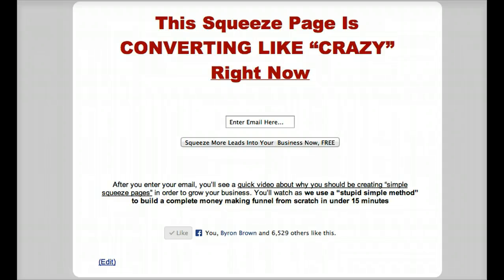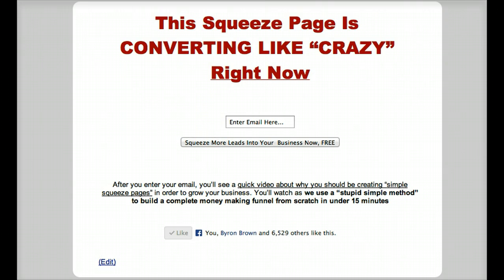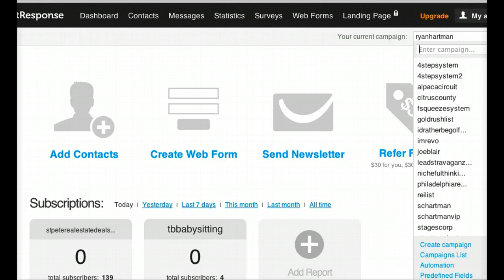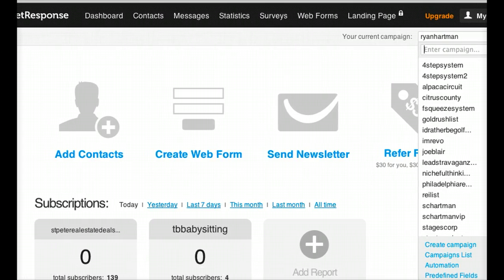So here we go. First thing we're going to want to do is log in. Click below this video and find a link. Log in to GetResponse. We like using GetResponse. You can do this with Aweber as well. You can make pages like this with Leadpages. We'll probably give you links to all these things below. But we like to go into GetResponse